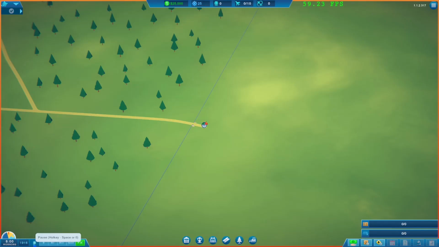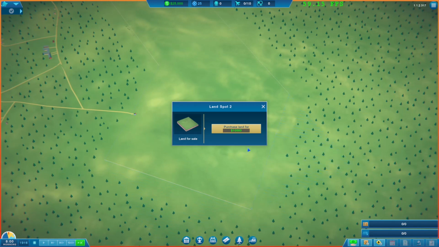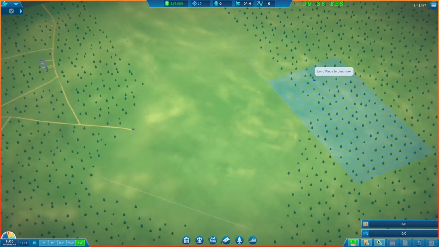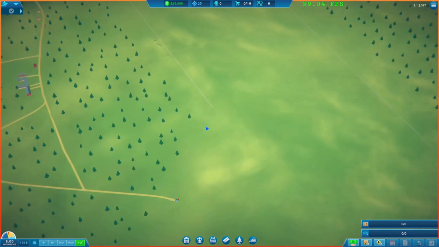There we go, let's keep it there. I think we've got it paused, right? Let's pause, yeah, excellent. So this is our starter plot. I believe we can buy additional pieces. So where can we buy? Okay, so we can absolutely expand into that area. We can also expand over here. Wouldn't mind buying some slots, to be honest,